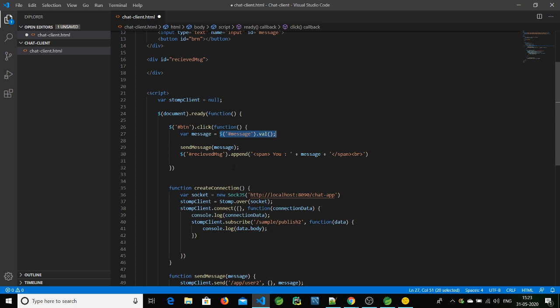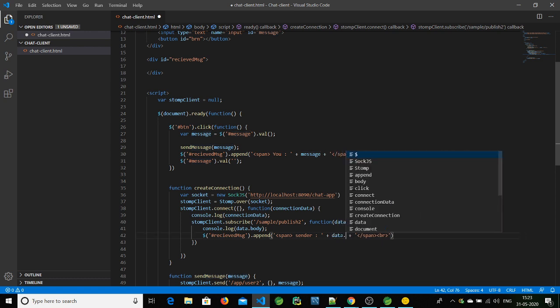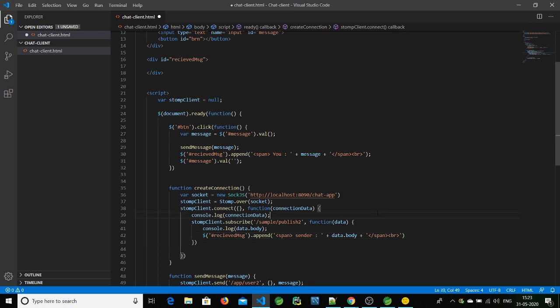So in that case, let's clear the text box, and here in the value section provide an empty string. So it will remove the text and append the empty string. Now let's do a similar thing here when we get connected. When we are receiving messages from the socket, let's copy paste the same here, and we'll say this is by sender, and the data is data.body. So this is the message which we got from the server.